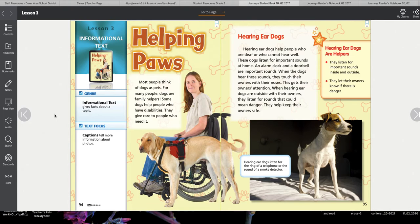Why would it be important for dogs to know those sounds? What do you think, Zayden? Because something might be on fire and the people might not be able to hear it. Right. There might be something on fire, so the smoke detector might be going beep, beep, beep, and you may not smell it, or somebody may not be able to hear the smoke detector, but if the dog can hear it,